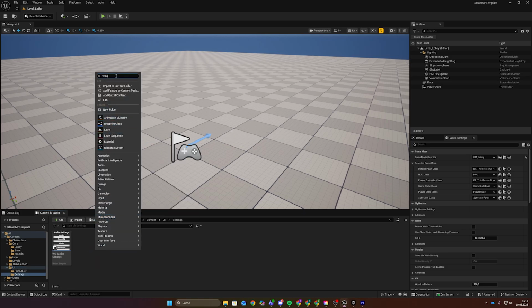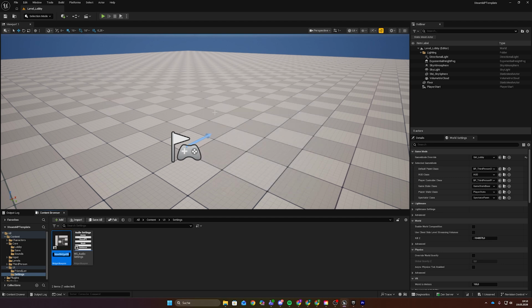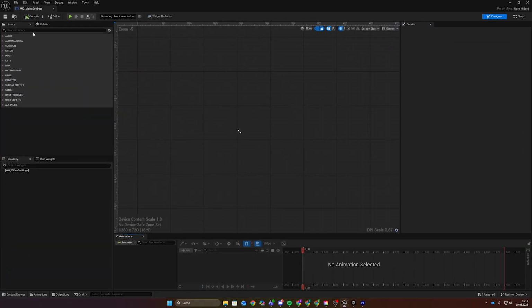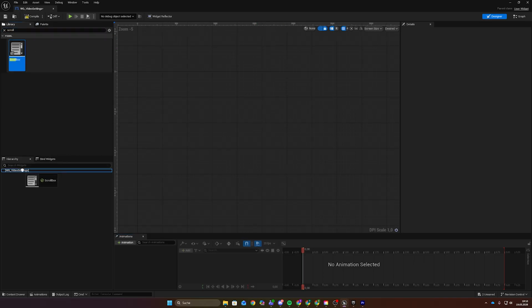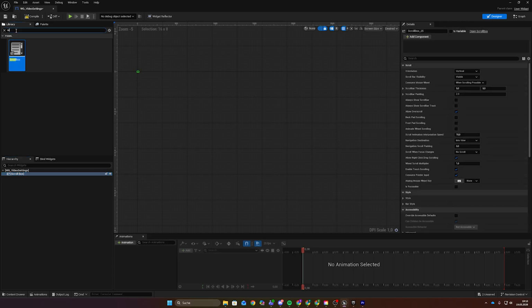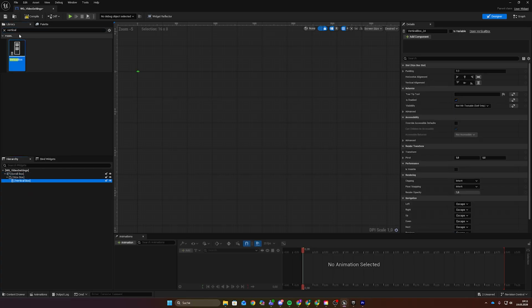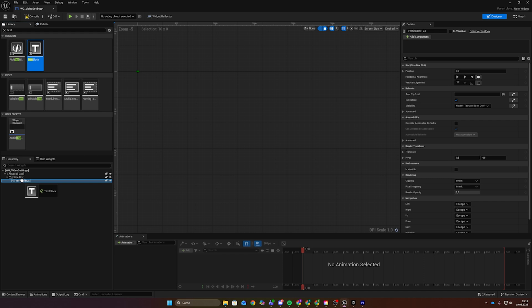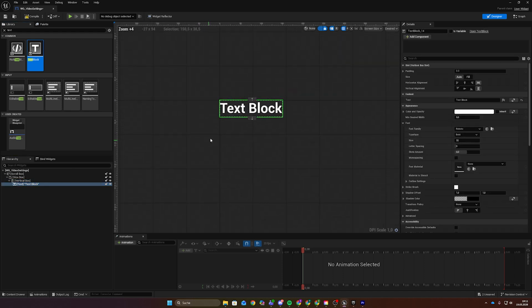So we're going to create a new widget blueprint, user widget, wg_video settings, like so. And we're going to start it by first of all selecting desired over here. And then we're going to put a scroll box in here. Into the scroll box we'll put a size box, and into the size box a vertical box. And in the vertical box we're going to start off by putting a text into here, and we're going to call it video settings,